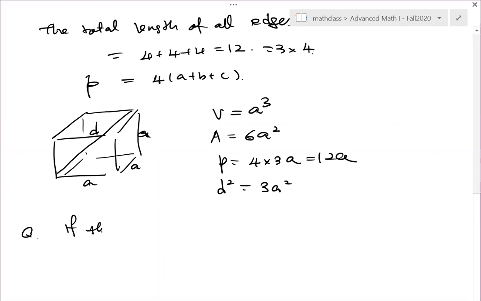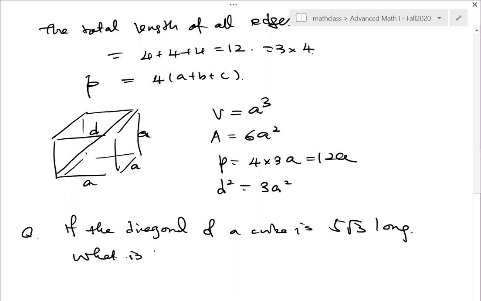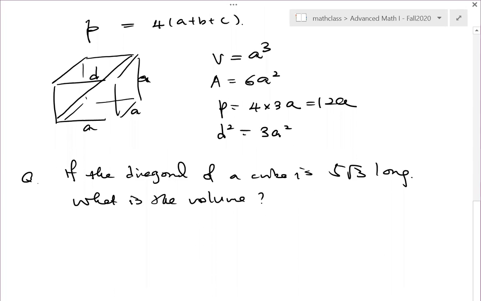If the diagonal of a cube is 5 square root 3 long, I forget the units, okay? What is the volume? Now this is pretty straightforward. This is a